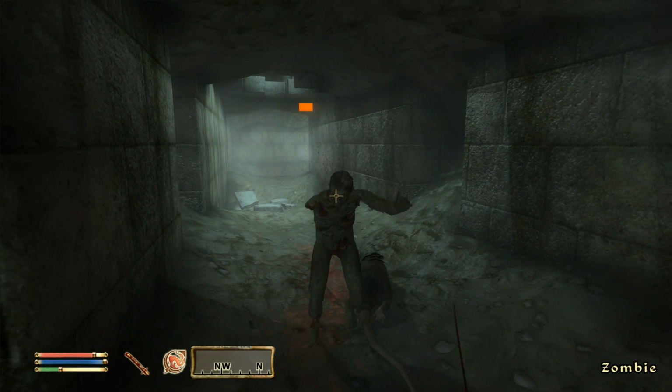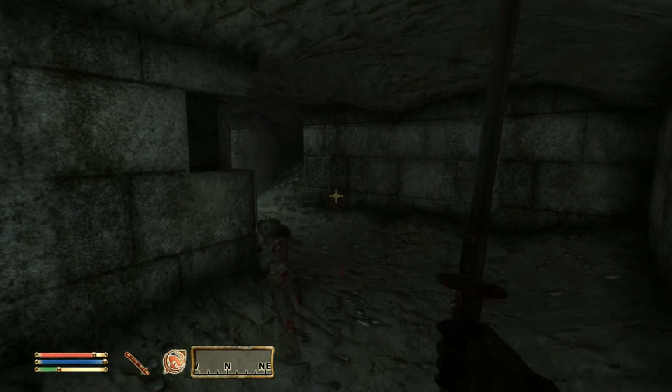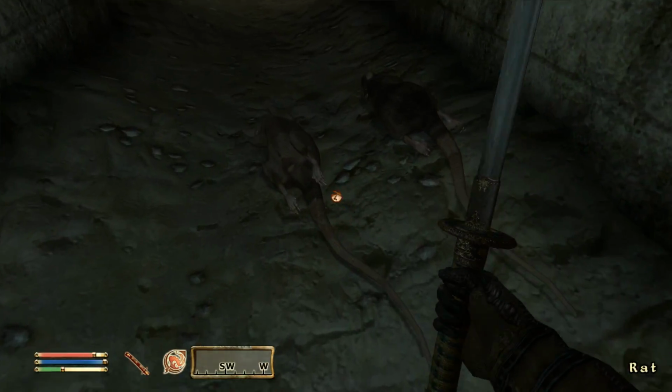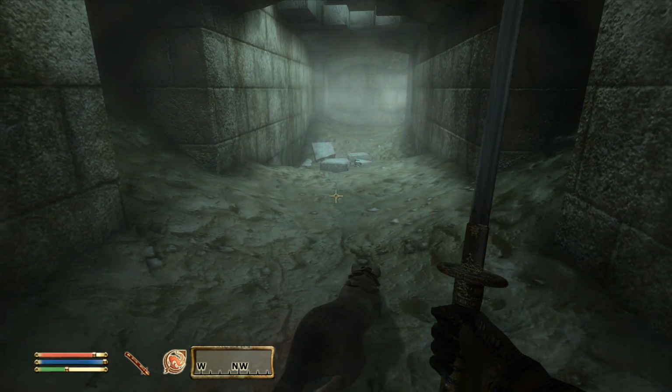If fatigue is low... Oh, I didn't read the rest. I actually don't know much about fatigue. I think low fatigue means I do less damage. I think that's how that works. Mort flesh. Here's an ingredient. Damage fatigue. I think the rat meat also damages fatigue. Yes, also awesome. So if I grab all of this, when I get the item that lets me start doing